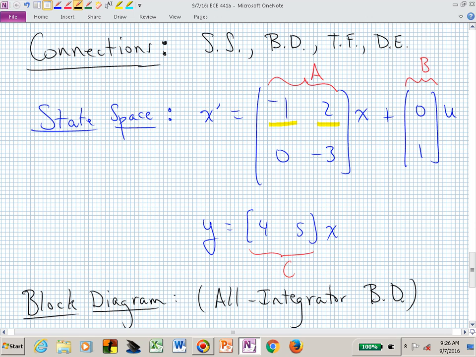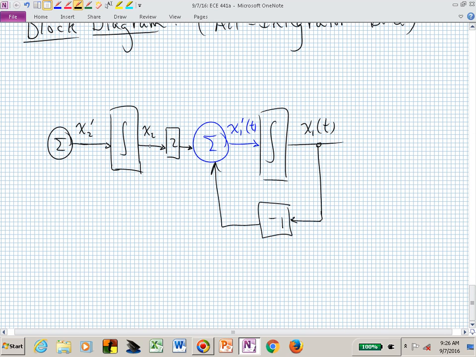Did it have an x1? No, because the 2, 1 entry is 0. So there's no x1 directly feeding into making the time rate of change of x sub 2, or x2 prime. x2 prime is minus 3x2, so we pull from x2, scale it by minus 3,